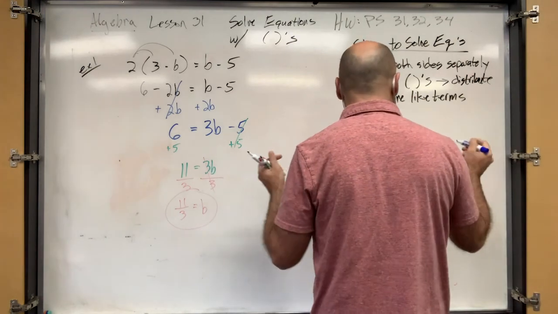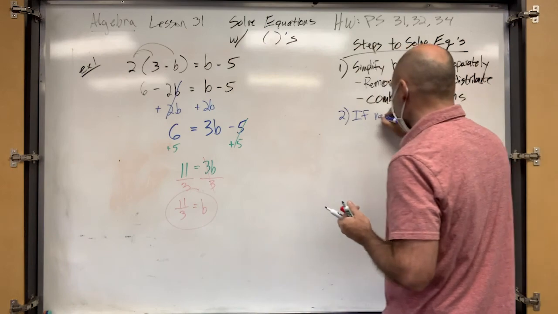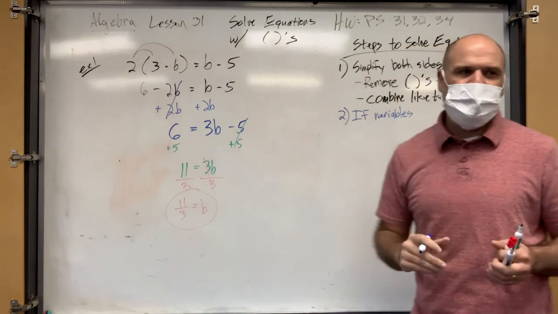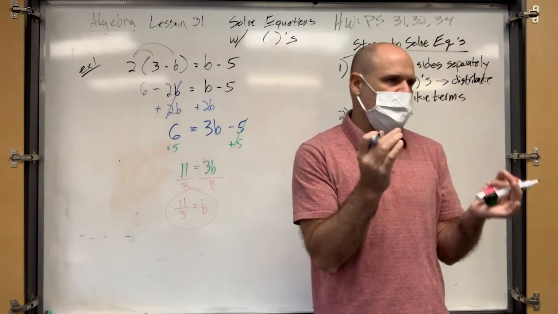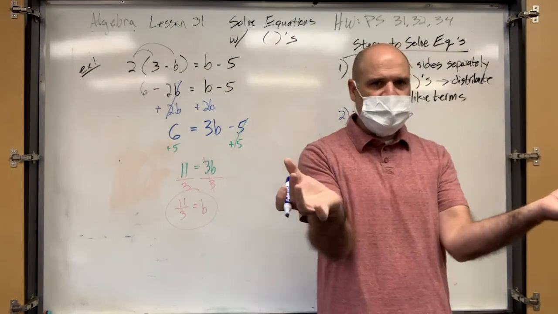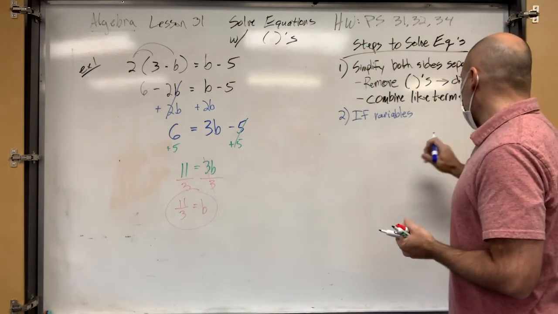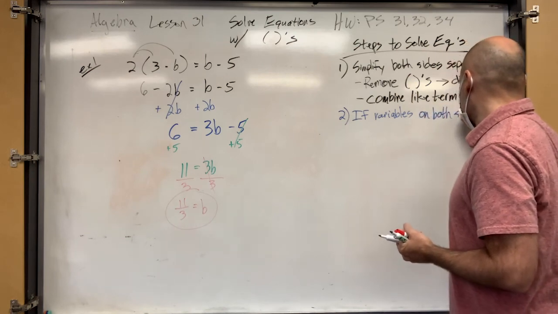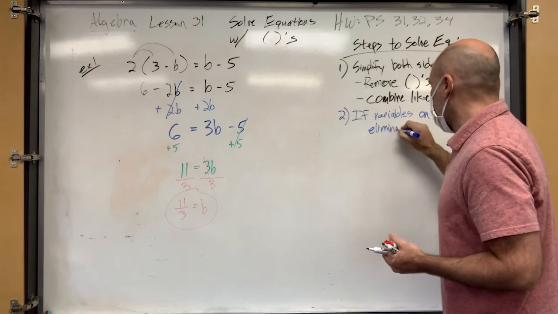All right, step 2. If you have variables on both sides, then that's confusing. Then the whole get the variable by itself thing is very confusing. You don't know which one to get by itself, right? So if you have 2 variables, then get rid of one. If variables on both sides, eliminate